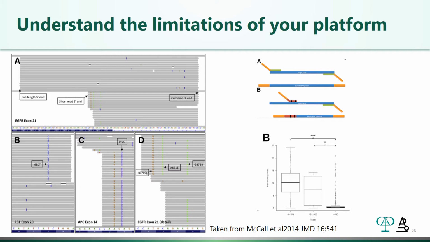If you just look at the EGFR part, you can see that there are a number of different amplicons covering this region, but these 3 calls are only occurring within this one specific amplicon. And it turns out that this is actually an artifact of the platform itself. This is an assay where the amplicons are generated by PCR, and it turns out that the primers that are generated to make this particular amplicon can actually bind in more than one place. And so you actually have erroneous binding of the primers in another place in EGFR, which generates this fake